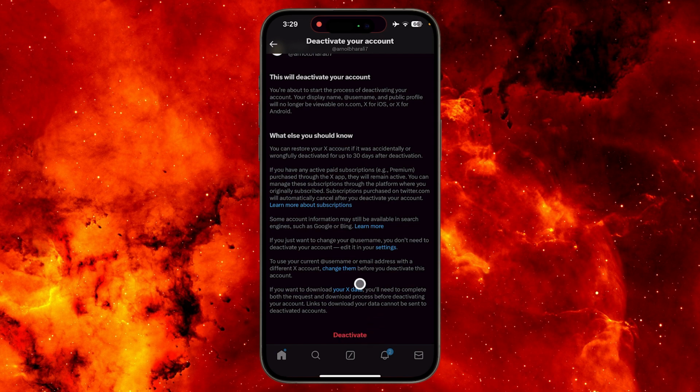Before deactivating or deleting your account, make sure that if you log in to your account within 30 days your account will be restored, but if you exceed 30 days then your account will never be restored. So yeah, make sure to keep that in your mind before doing this. So yeah, that's how you deactivate your